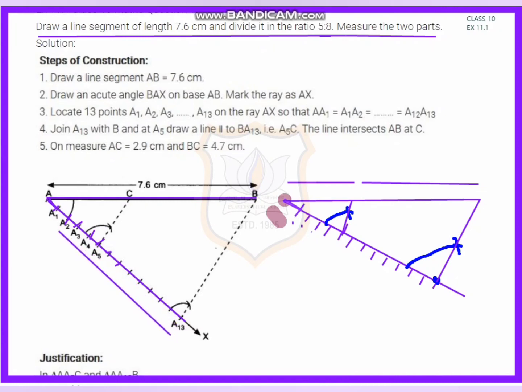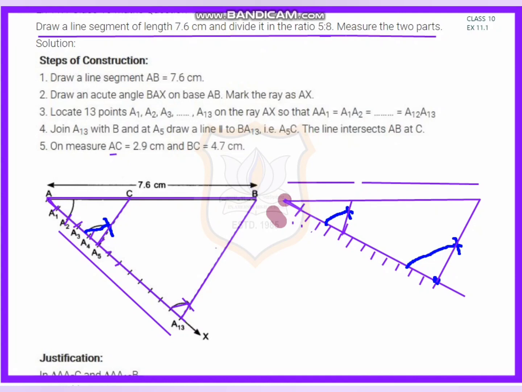Now I have to divide in the ratio 5 is to 8. So I came here to the fifth arc. Now I have to make an arc here, and I have to make another arc. Means we have to cut both these arcs. From this I have to make a single line which passes through A5, cuts this arc, and goes on to our line AB. In the same way, I make an arc on A13 and another arc from here. So I get this point from A13, and by the arc this point goes on the upper side, and this forms a line divided into two parts in the ratio of 5 is to 8.